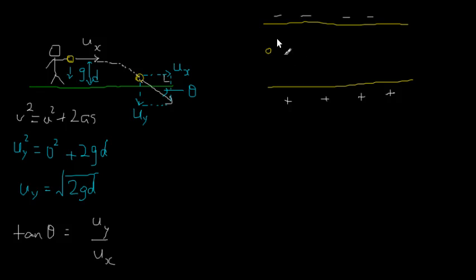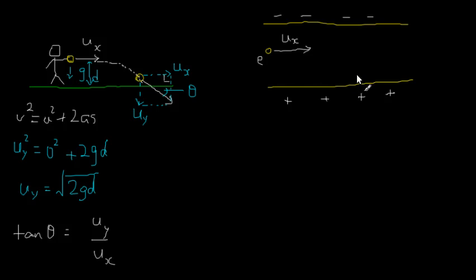But for now, just to make things simple, let me assume that the electric field strength is uniform all the way until the edge. Let's just make this simple assumption. And suppose the electron has a certain initial velocity at the point where it enters the field. So that's my electron. It enters the field at a certain velocity. I'll call that ux